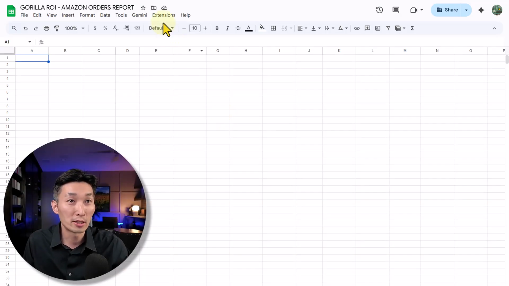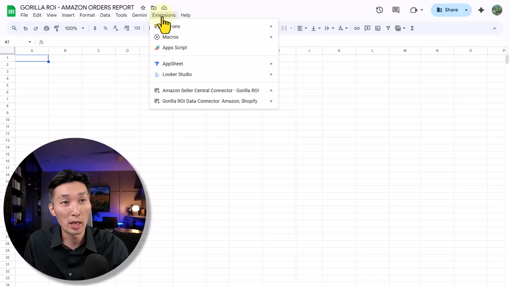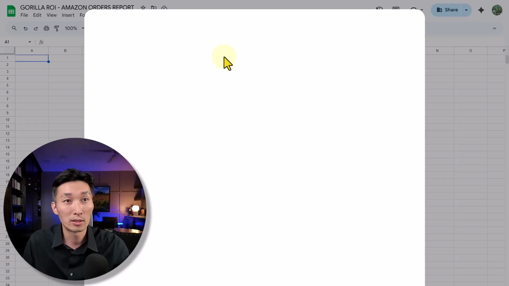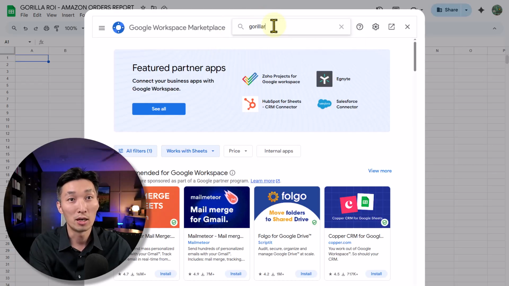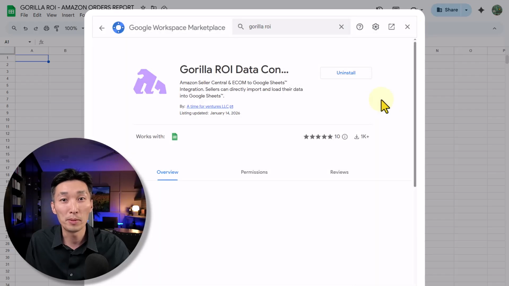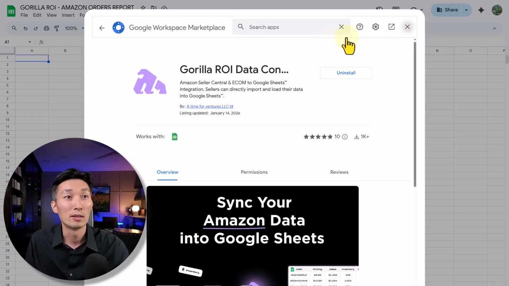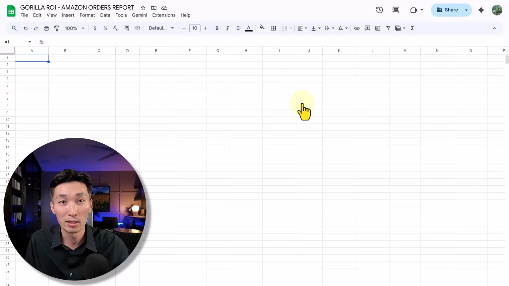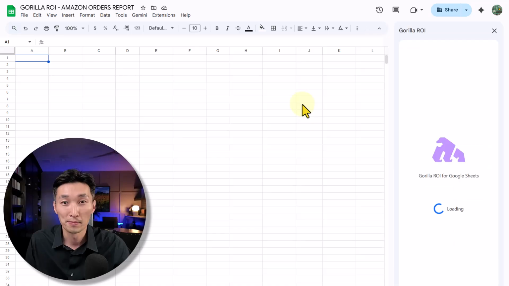From Google Sheets, I've got my extension installed and loaded, but you can go into add-ons, get add-ons, and then search for Gorilla ROI. Install the one that says Gorilla ROI Data Connector, the black one. Once that's installed, you're going to be able to see that installed. You can then load the extension by going to extensions, select it, and then show sidebar. Once it's loaded and you've entered your account details so that it can unlock the queries and all the data,